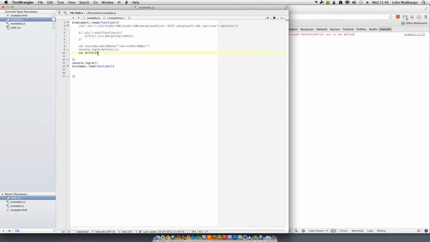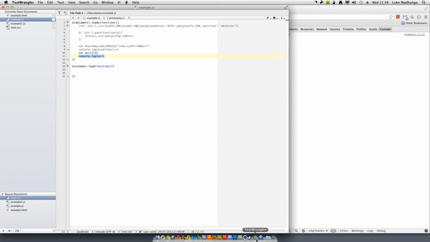Now I can access ARR anywhere inside the function, as I will show you here. You can see that it's 10. Come back here. Now, as you know, as for global variables, they're variables which you can access from anywhere inside